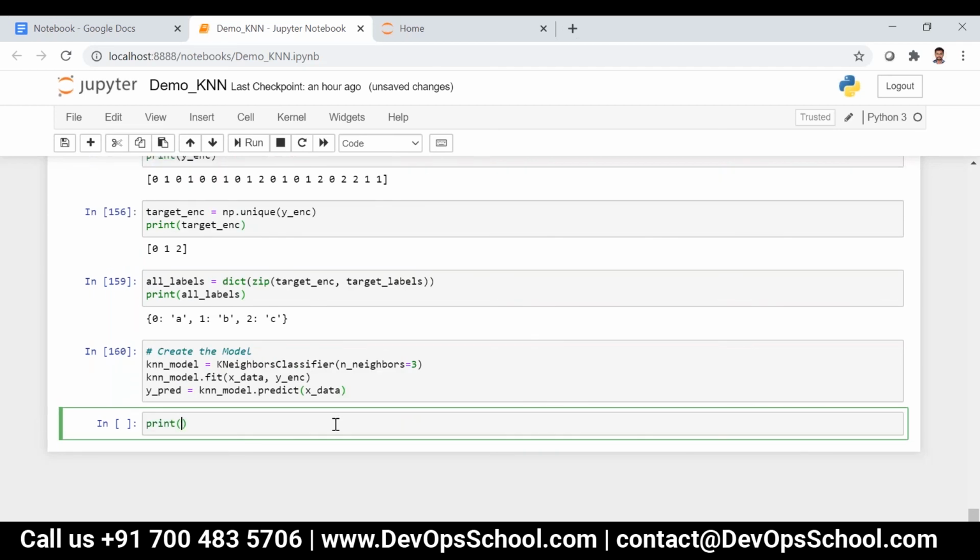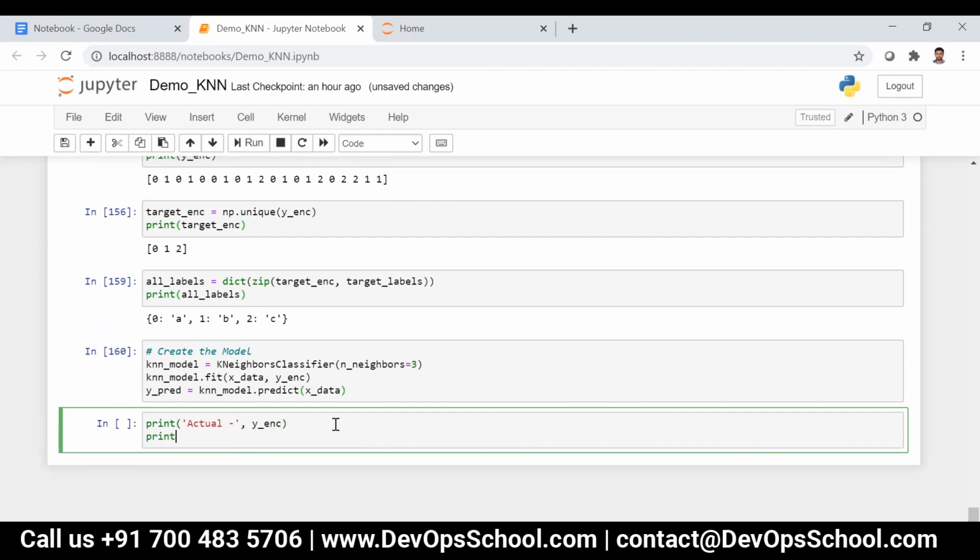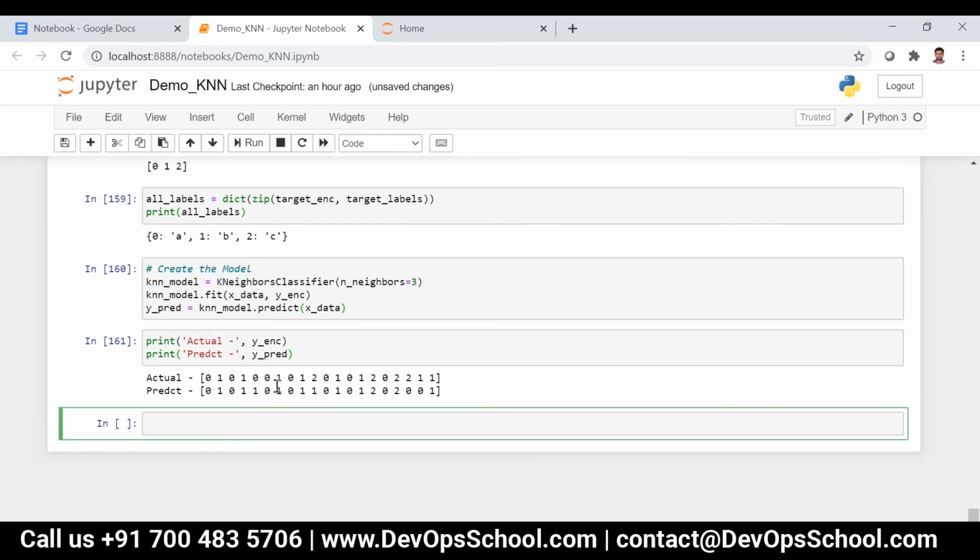So now you can see actual is nothing but y_enc, and predicted is nothing but y_predict. You can see the output like this. Now you can do whatever you need, like confusion matrix of y_enc comma y_predict, and then print accuracy score of y_enc comma y_predict.